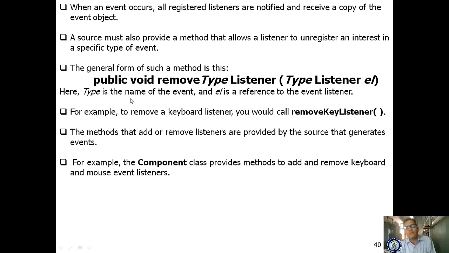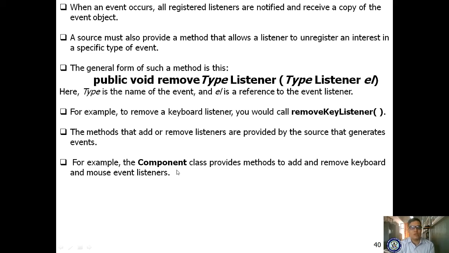Here type is the name of the event and el is the reference to the event listener. For example, to remove a keyboard listener, you can call removeKeyListener. The methods to add or remove listeners are provided by the source that generates events.